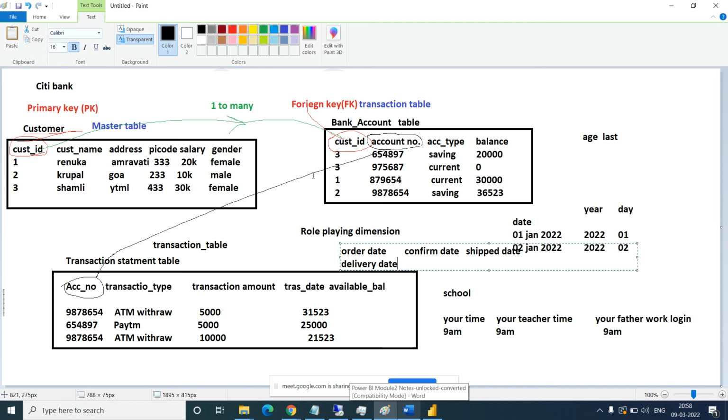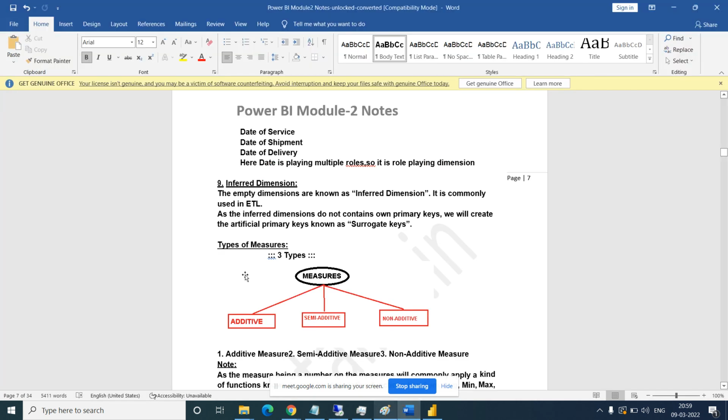Suppose you don't have any primary key, so I will create one key column. Let's say I am creating an ID column 1, 2. So this is a surrogate key, that is an artificial key. This is called an inferred dimension.